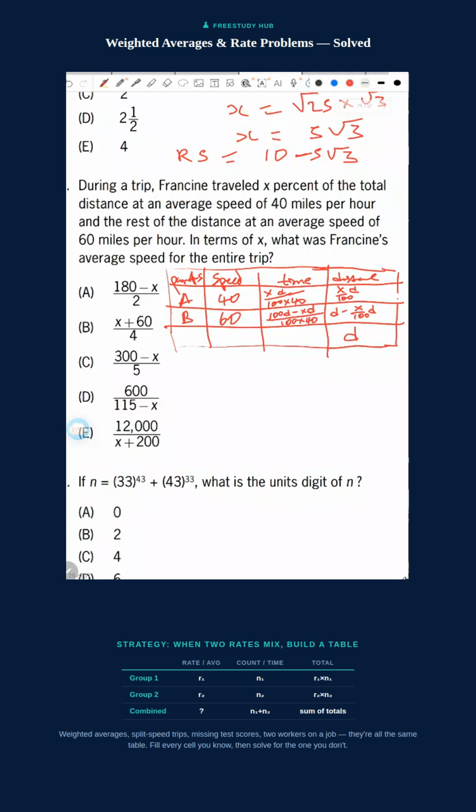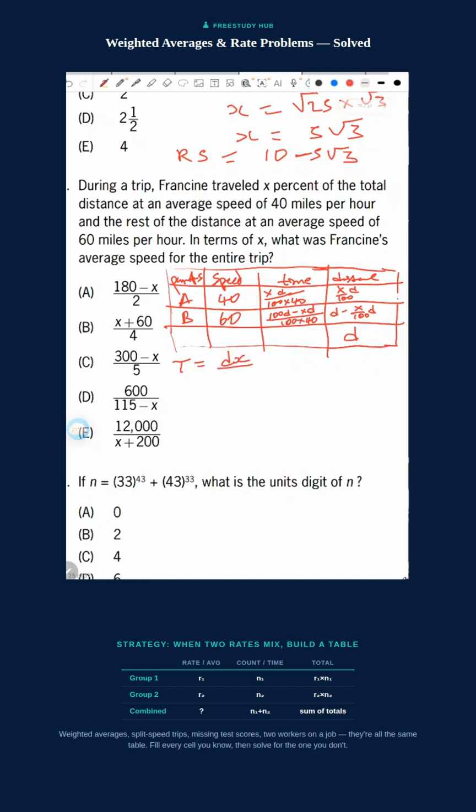What are we even looking for? In terms of s, what is the average speed? Average speed is total distance over total time. The total distance is already d. That means we need to work out the total time. Okay, so let's use a new space to say that the total time,